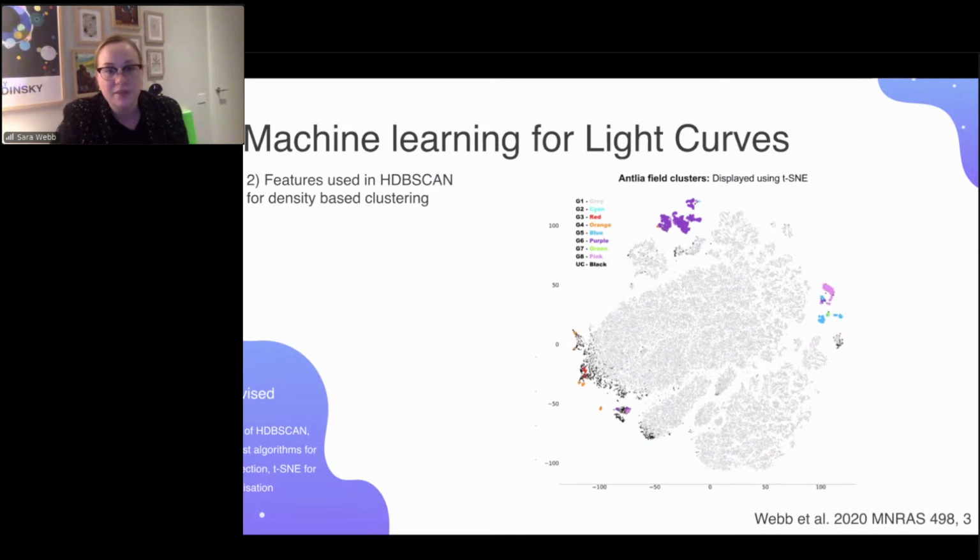So again, all of these different colors are different clusters. Everything that is in purple was all of our problems from dithering. So all of those light curves that had very similar temporal shapes got clustered together, which is very nice to see. And then all of our different ones, whether it be variable sources, flare sources, also got clustered together. So it was just a good example of giving it a quite complex data set because there were very, very different light curves in there to see if it could solve the problem.